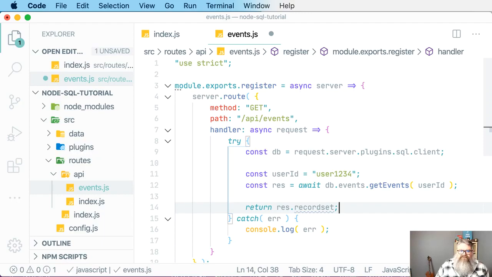A SQL Server response can also include multiple record sets. You could have multiple queries from a stored procedure. So the MS SQL module that we're using supports all those different scenarios. In this case, we just want the recordset property off of the response and return that. And this automatically returns it as JSON, which is why when we created the table in the first place, we used